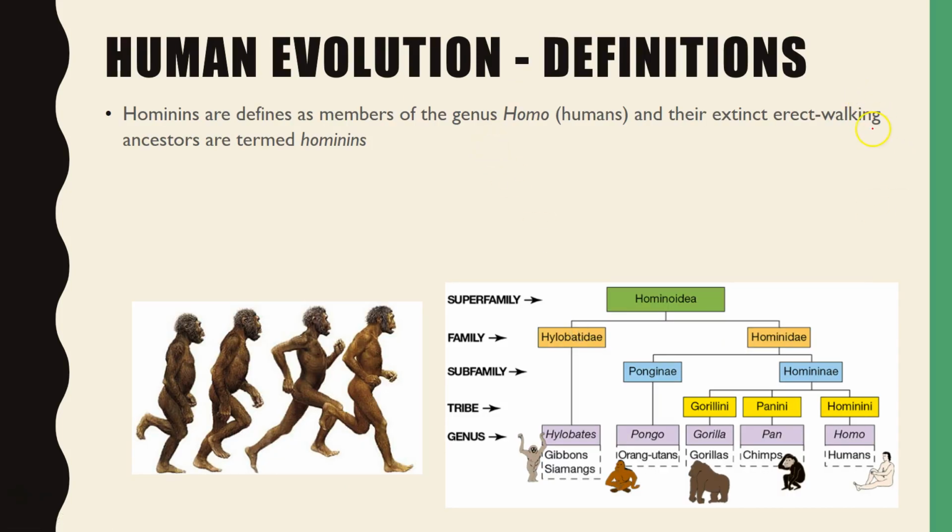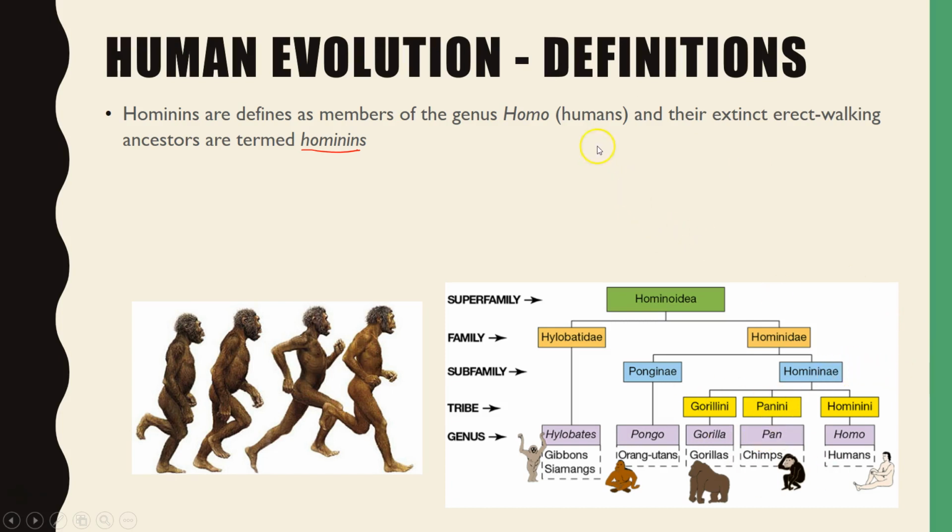Hominins are defined as members of the genus Homo, and that includes humans, and all their extinct and erect walking ancestors. That's a hominin. So all of these upright walking organisms are known as hominins. We can see humans comprise the hominin genus, as do all of their upright previous ancestors, whereas Hominidae includes a broader category such as chimps and gorillas. So when you see hominins, as here, it refers specifically to humans and the upright walking ancestors, whereas hominid